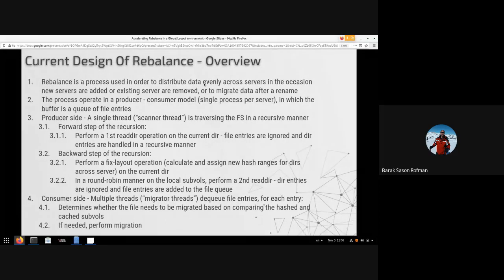A smaller usage is to migrate data after performing a rename, because the rename itself produces something called the link file, but it doesn't actually migrate the data. So Rebalance is also used to migrate the data in this case. And let's jump into the internals of the process. At the heart of the process, Rebalance is a